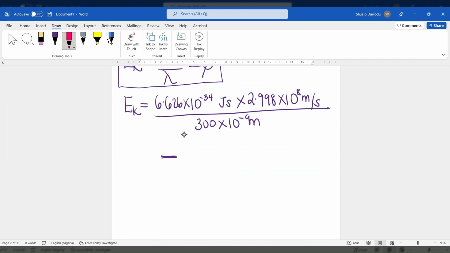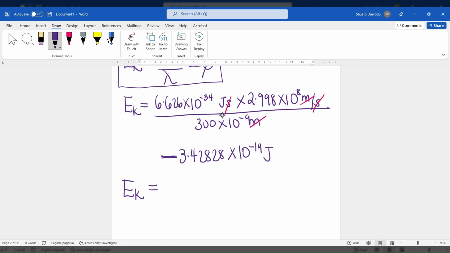So minus 3.42828 times 10 raised to the power of negative 19 joules. So you cancel out seconds here, cancel out seconds here, cancel out meters here, cancel out meters here. So you end up with EK is equal to